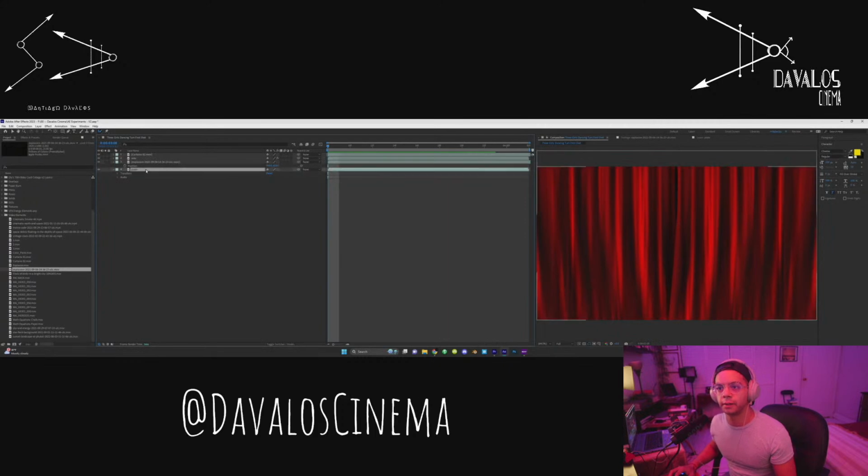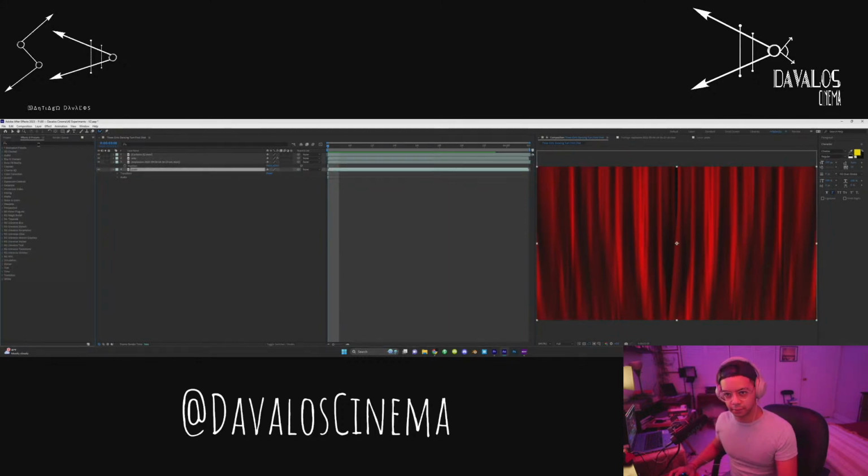Maybe we blur the plate. I like how blurring looks like an animated blur, right? So we're gonna do a Gaussian, and we're gonna go from